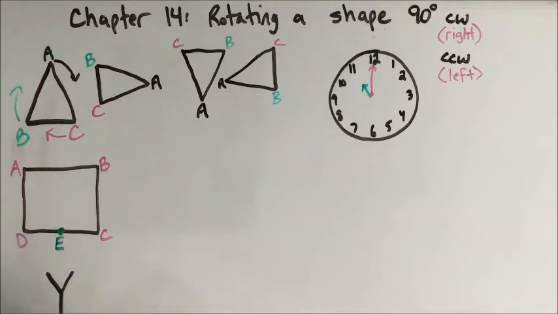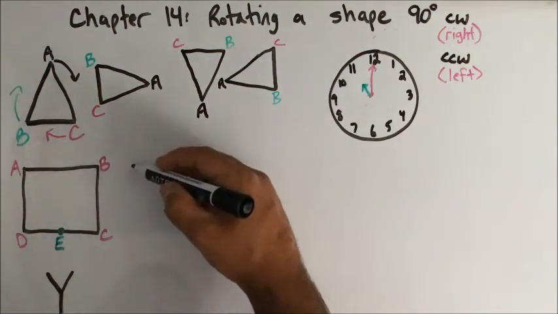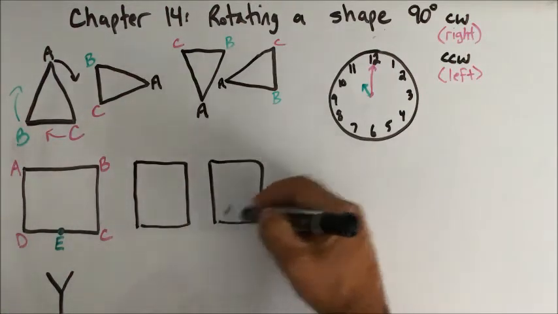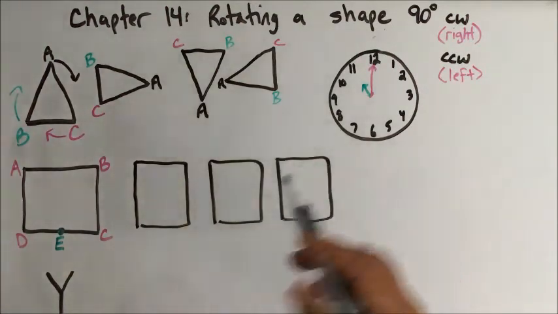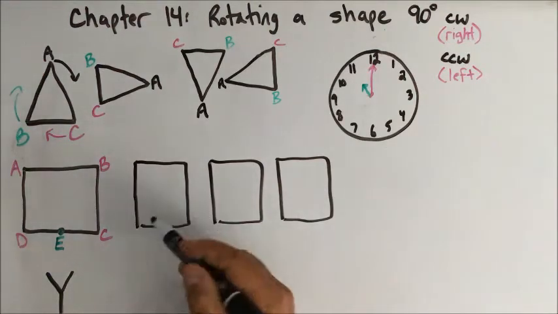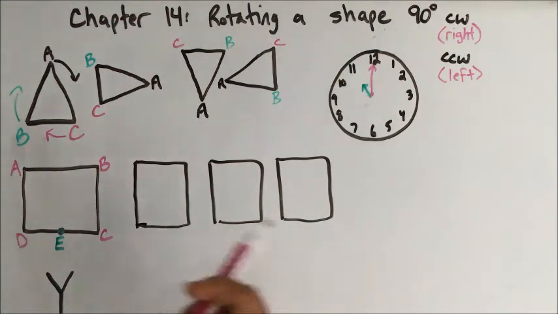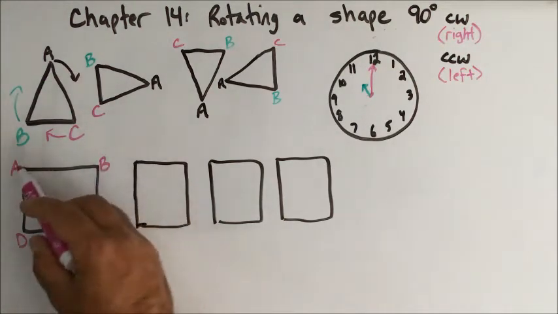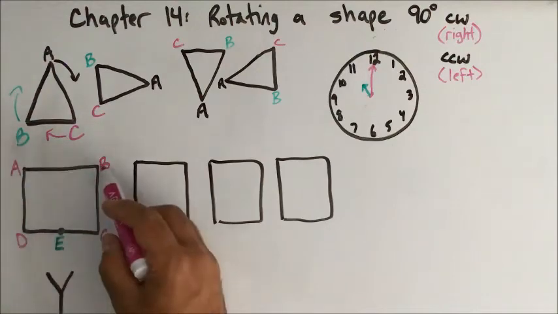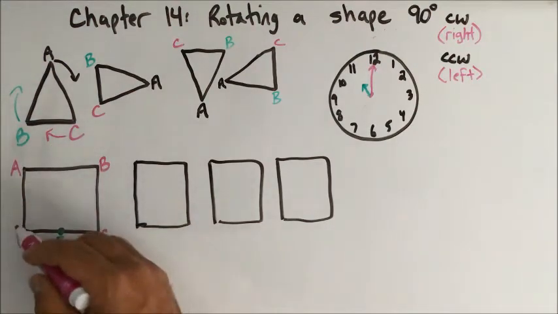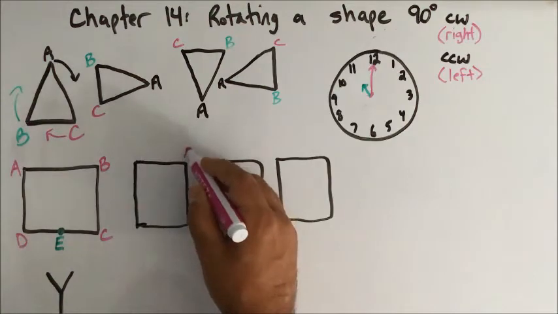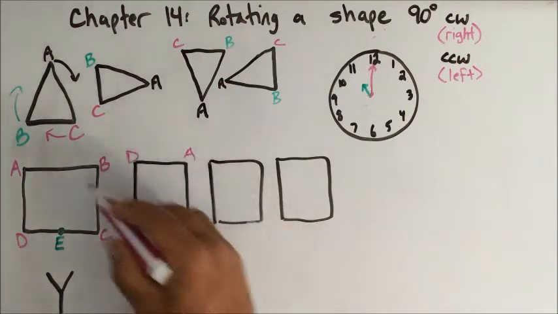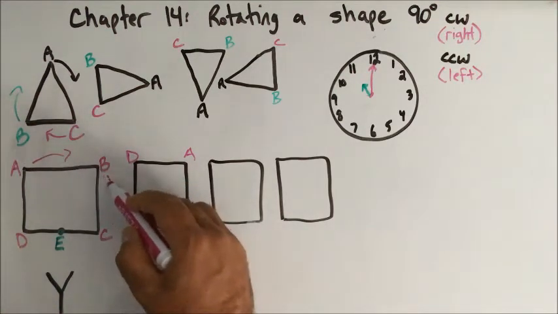If I wanted to rotate my square, your square would look the exact same each time. So let's rotate it 4 times. So now the only thing that's going to change is where my letters go. It's going to look the same. So A is going to rotate 1 corner to the right. Every letter is going to rotate 1 corner to its right. So A would be here, B would be here, C would be here, and D would be here, because I'm rotating everything over